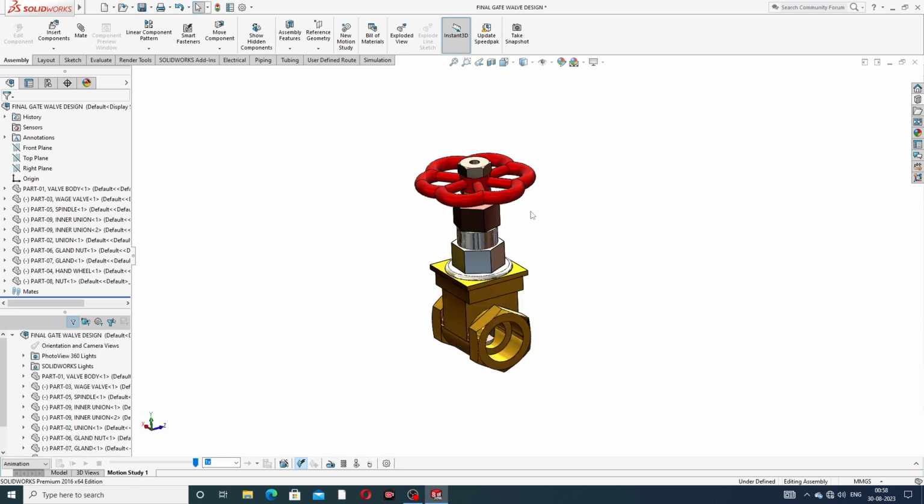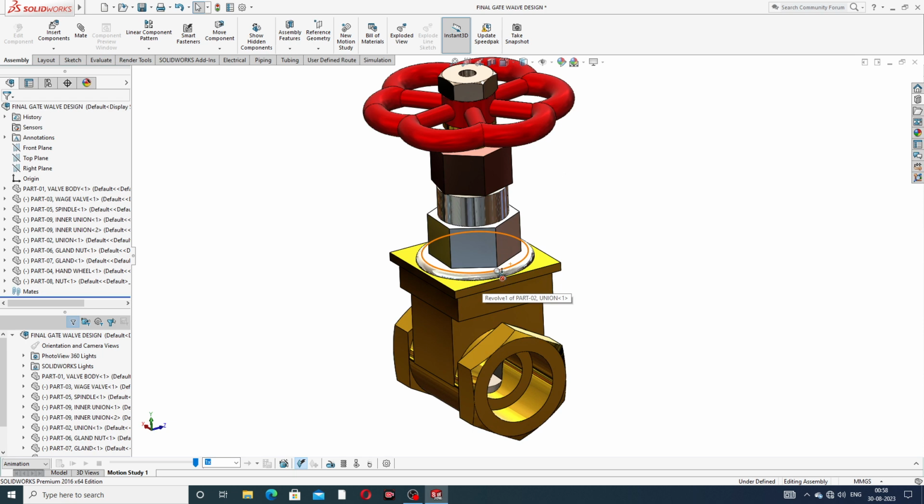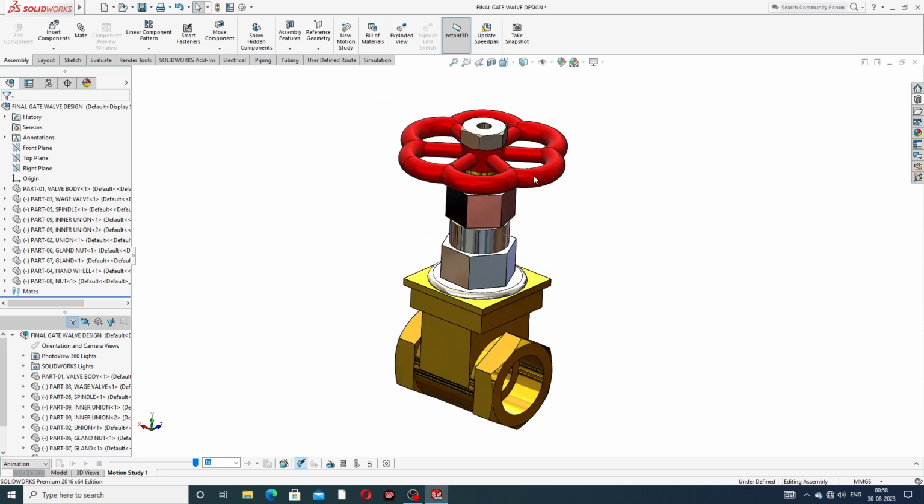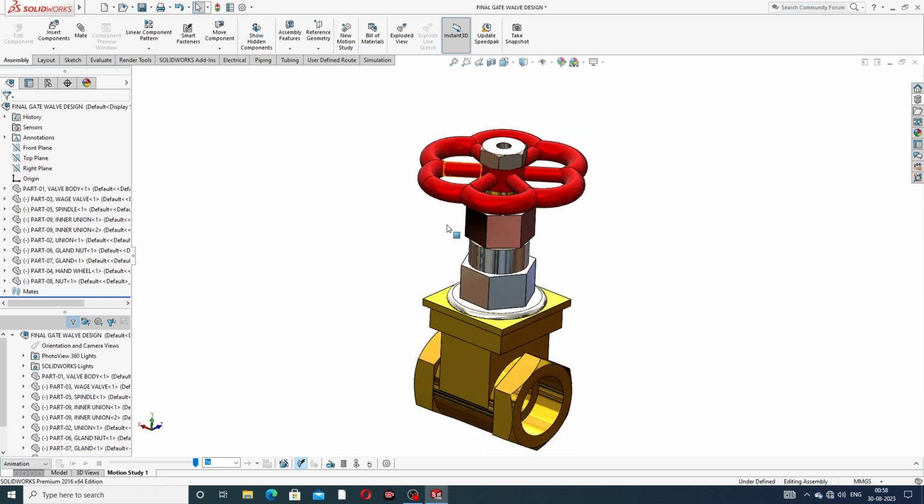Then right click and create a new motion, which is also perfect. Okay, and at first drawing this body.